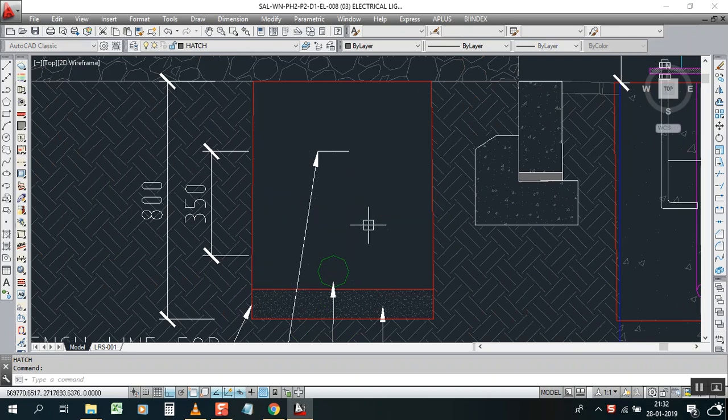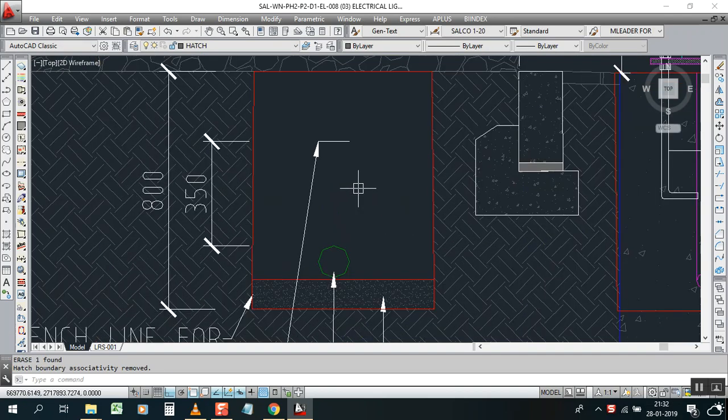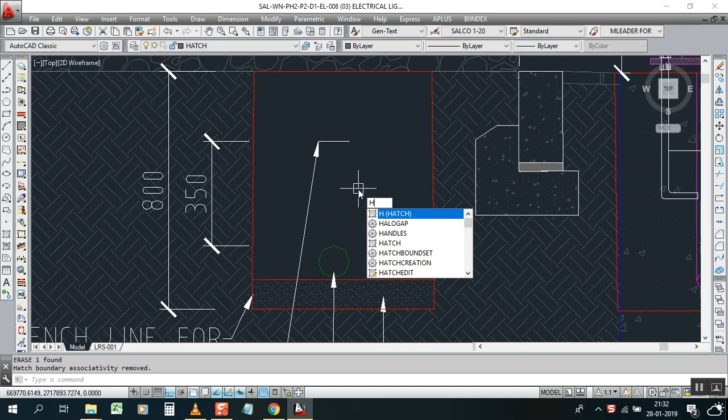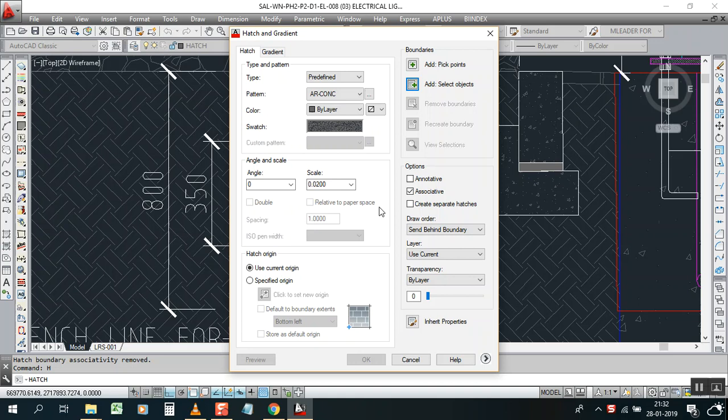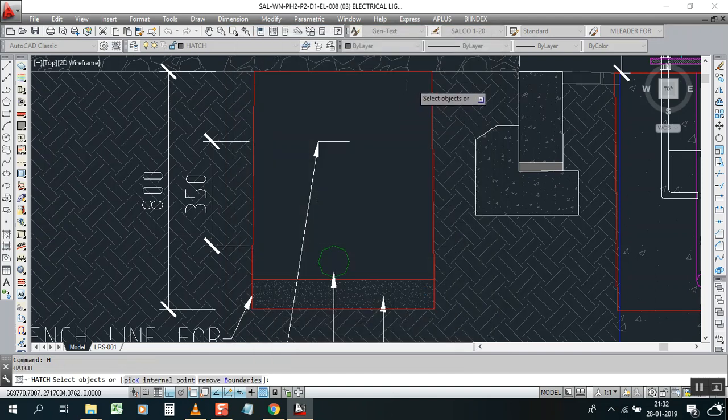Okay, I'm going to delete this one. We make new hatch as normal, hatch enter. Okay, now I have a scale of 0.02. Just select the object where you want to make hatch, select, enter,